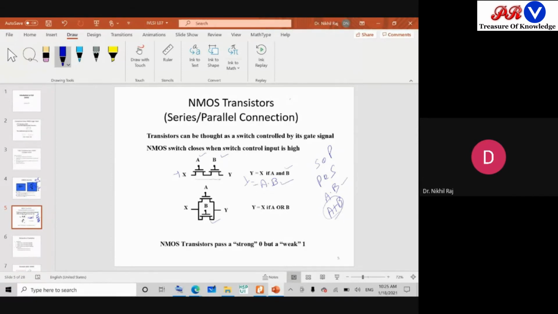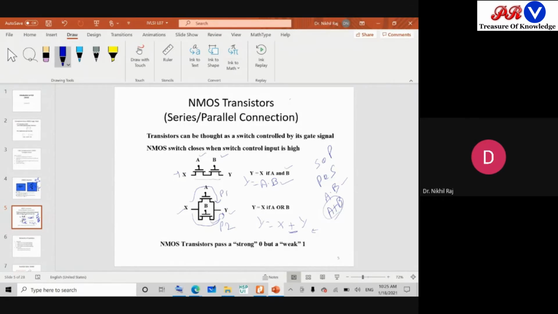Similarly, if we come here, what happens? The input can travel to the output either through this path, path 1, or through this path, path 2. So in either case, we'll get a logic value according to the input, and it can be either through the A transistor or through the B transistor. So this means if any one is on, we will get the valid output. So we say Y is nothing but A plus B. This is a logical operation, not arithmetic. Okay. And when both are 0, then the output is 0. So this realizes the truth table of your OR gate.